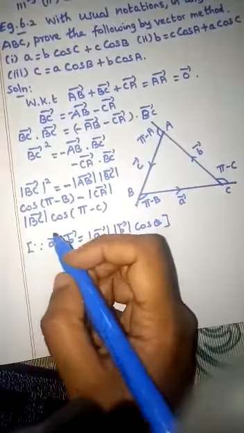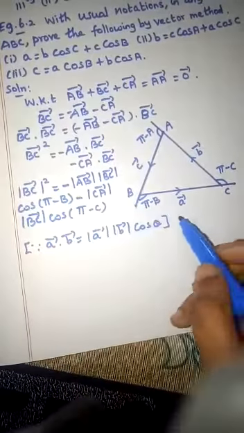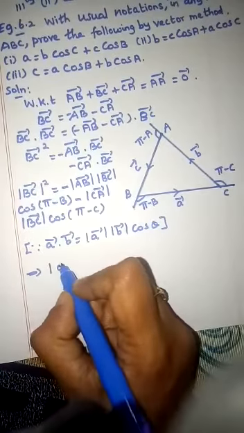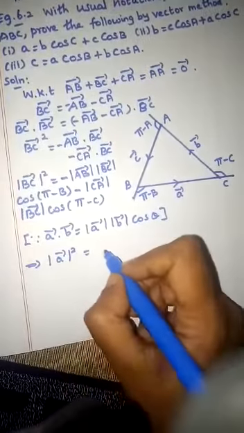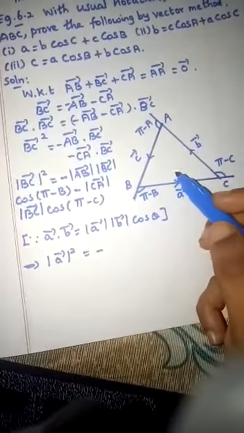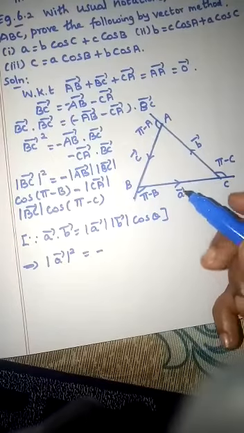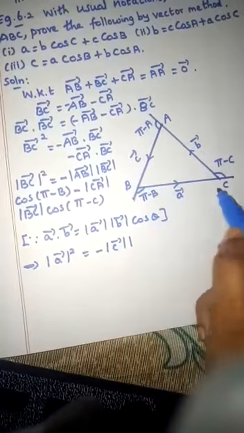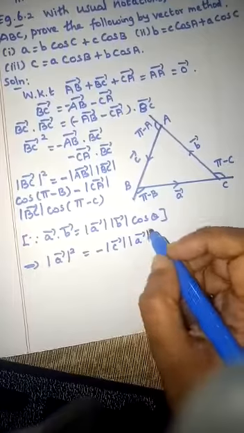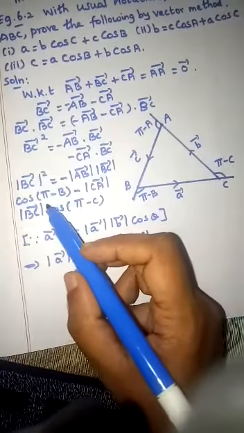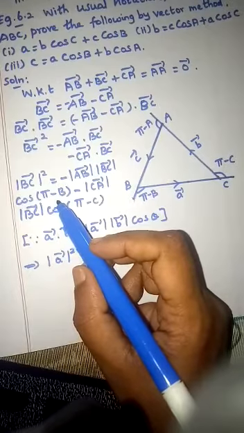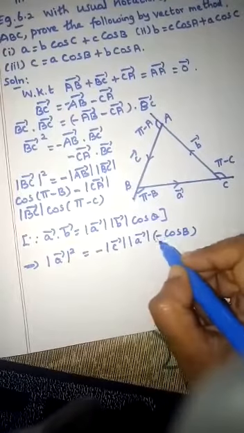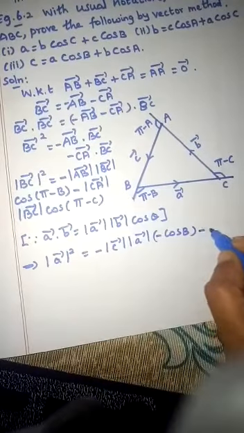Okay, so in the left hand side we have modulus of BC vector. So BC vector is A vector, which implies modulus of A vector square is equal to, here minus AB vector. AB vector is equal to what? C vector we have. Okay, so minus modulus of C vector into modulus of BC vector is what? A vector into cos of 180 minus theta. Cos of 180 minus theta means what? Second quadrant, there cos is negative. So minus cos B will get. So minus cos B.